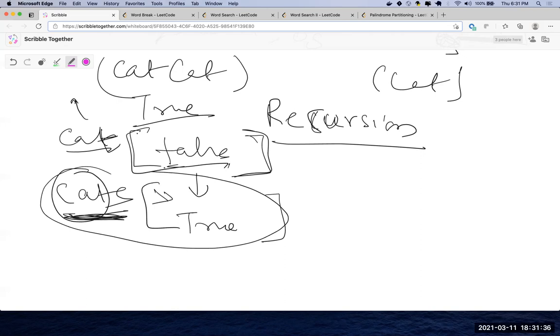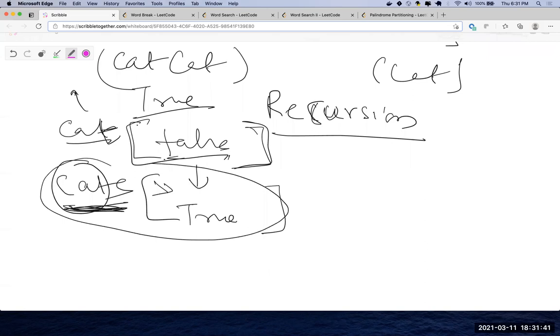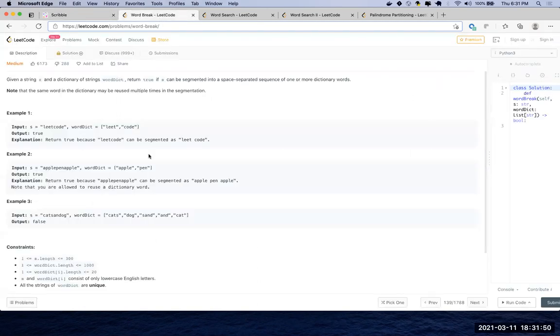But the point Arya also missed is, how are you going to check for... let's say you had apple, pen, apple, and you had pen and apple. Okay, so how are you going to check here? So basically, what are you doing, Arya, here? You check for apple, and I would check pen, apple.